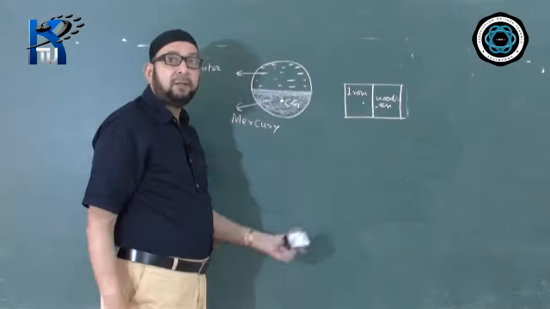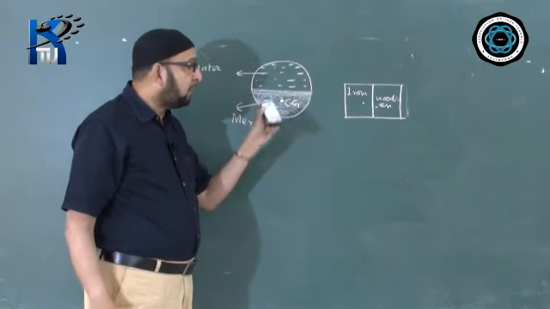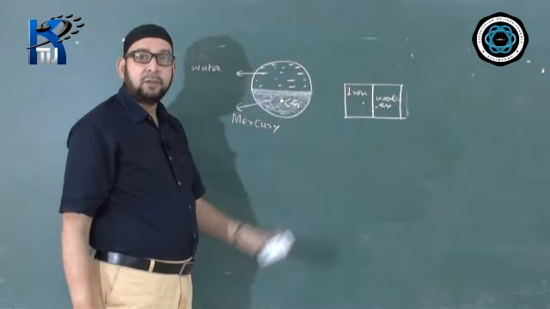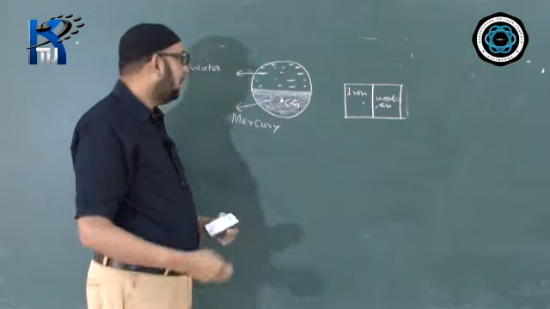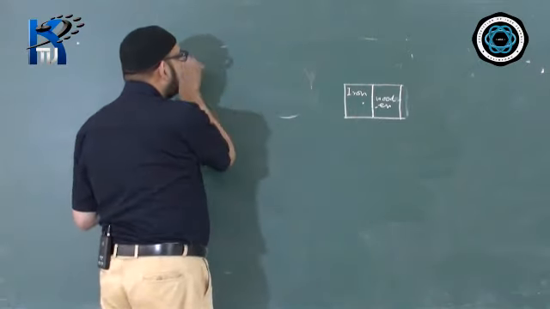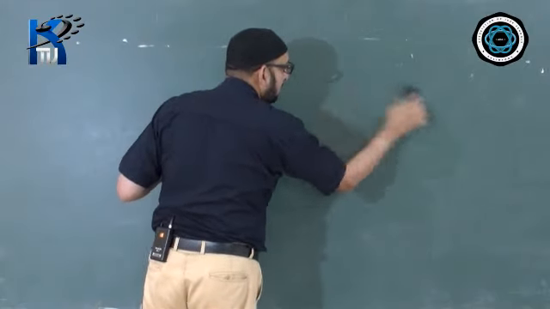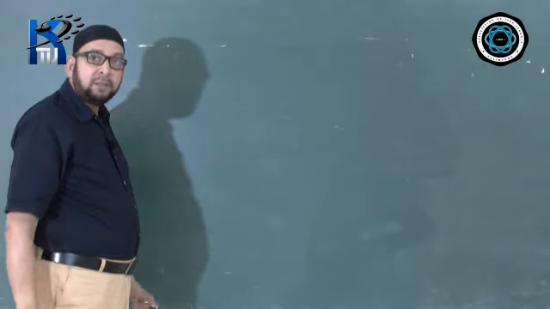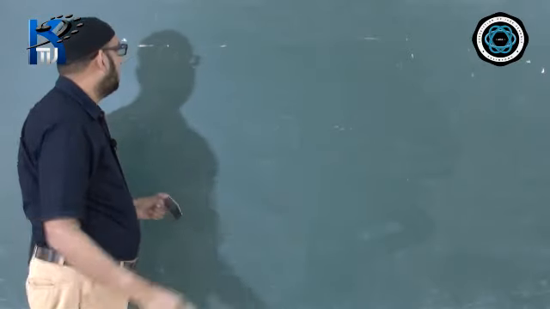So center of gravity position depends upon where more mass is dense or where more mass is concentrated. It will be towards that side. So hope you understood this concept. Now we have some regular geometrical figures, and they have a particular point of CG. So you got to learn about that.